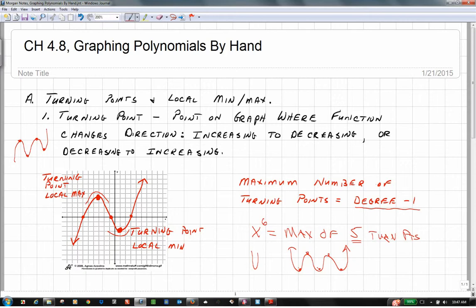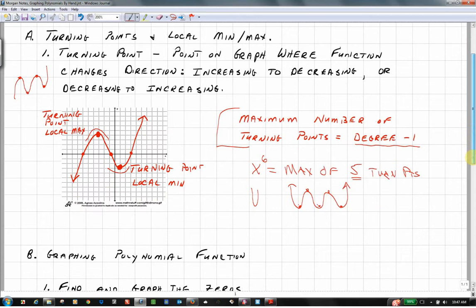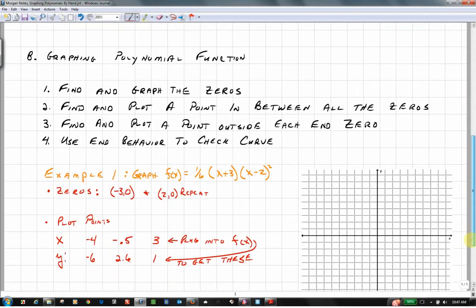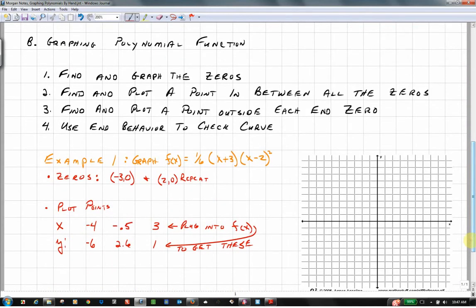So here is the relationship between the degree of the polynomial and the maximum number of turning points it could have. That would be the maximum number of local minimum and maximums. Okay, so let's go on to now graphing these polynomials by hand. And what we're going to do is we're not going to get perfect graphs. The first thing you have to do is you have to find the zeros of the polynomial. And you may have to factor it. This one is already factored, and I have these factors 1/6 times x plus 3 times x minus 2